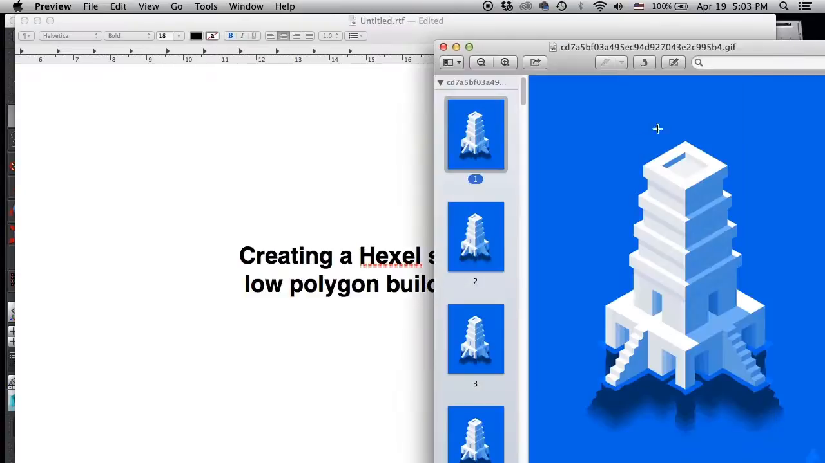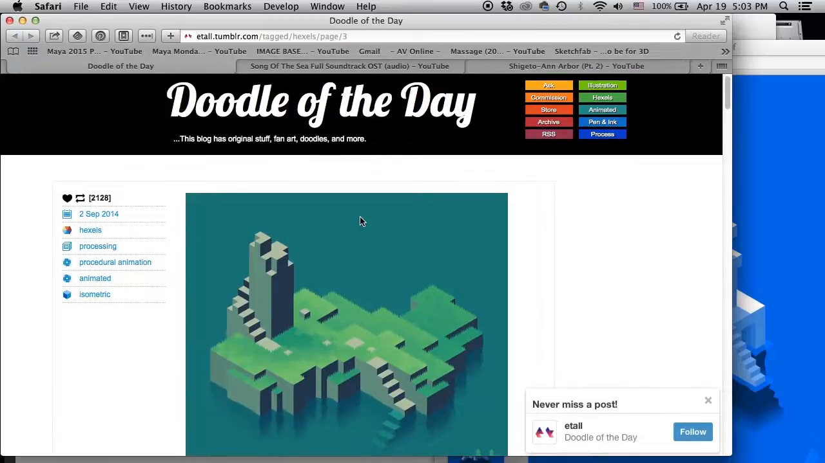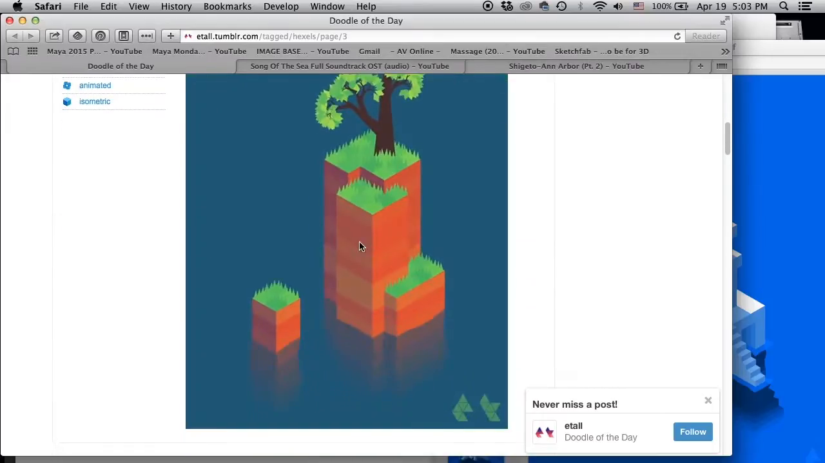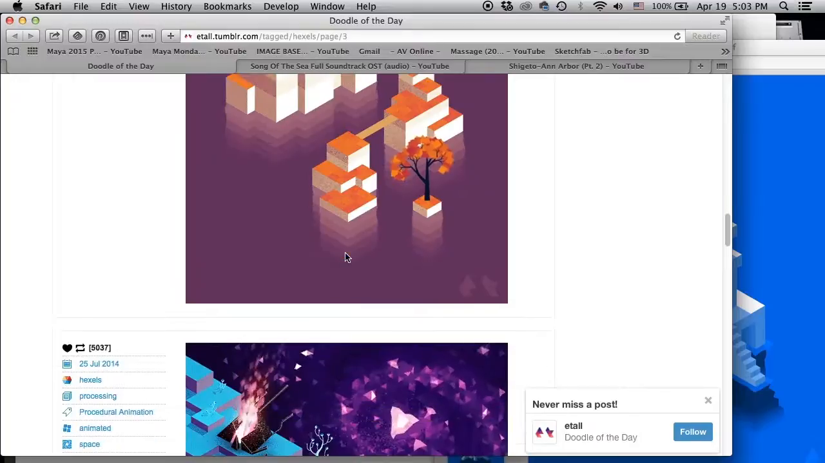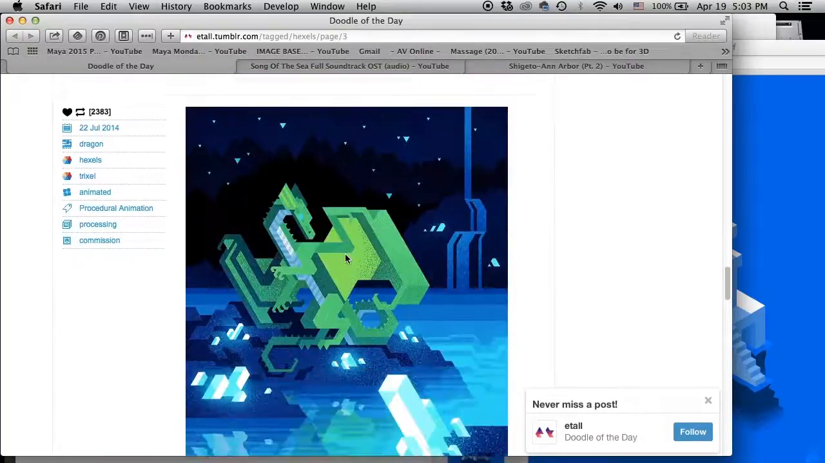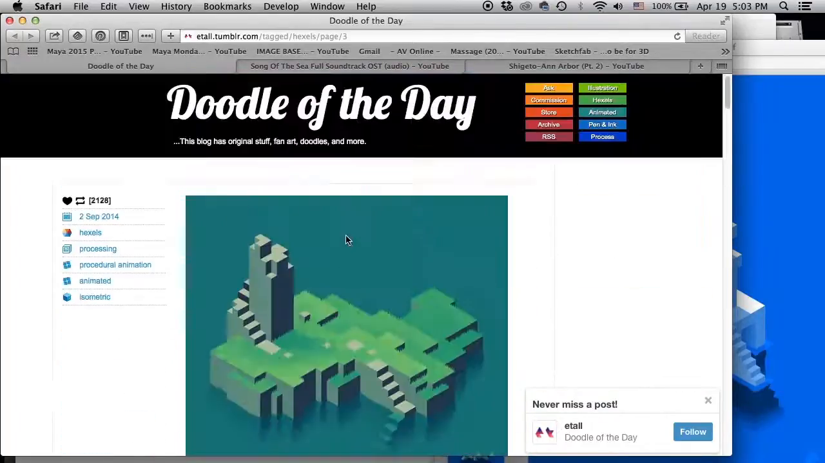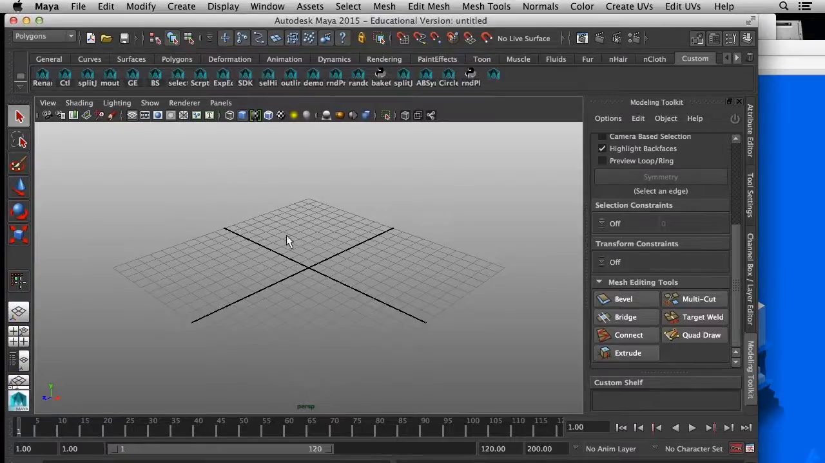Now, what I did is I downloaded this picture from the internet, which is like a Hexel building, and I found this on Pinterest. And you can see something here in the doodle of the day. This person is creating these beautiful Hexel GIFs that are making use of polygonal cubes to create some interesting designs. So I'm just going to use this one right here, and I'm going to move over to